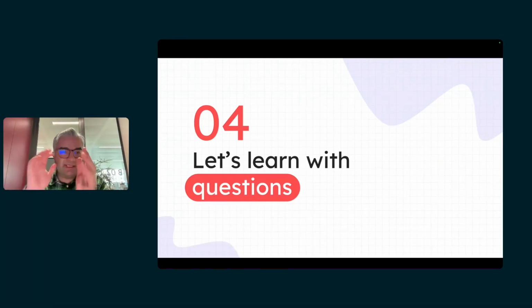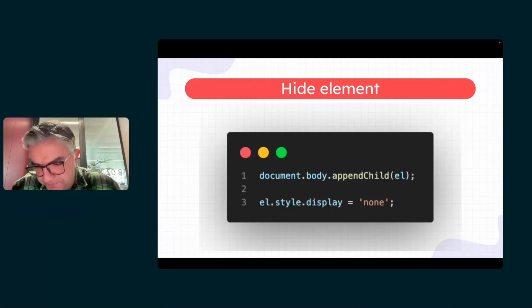So this is the part that, based on the knowledge that we gained so far, with some questions, I want you to learn. So you can have your answers before me, and compare your answers with mine. Because in this way you are going to learn. So this part is learning with questions. So let's start with a simple code snippet.